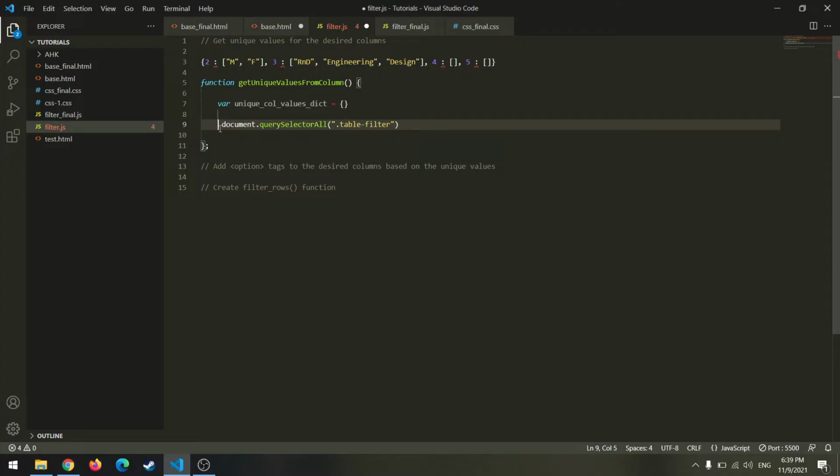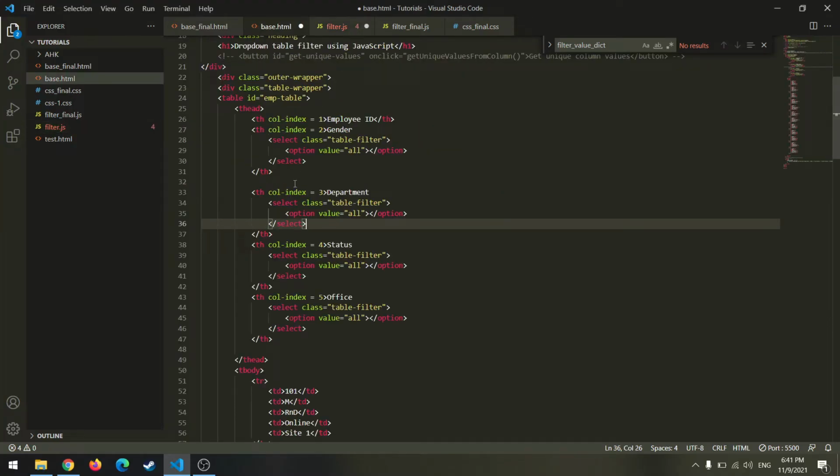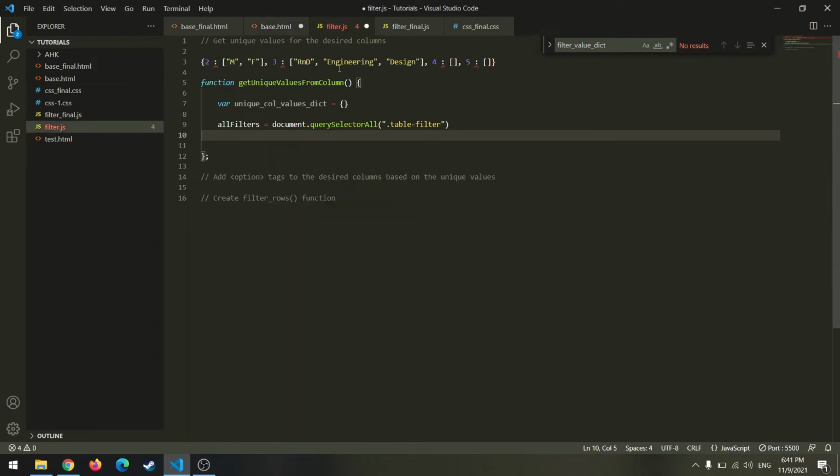And save it in, let's say, all filters variable. Now that we have all the filter elements, we need to get which column numbers are assigned to the select tag. Basically, which columns we have defined to be filterable in our HTML, which is 2 to 5. To do that, we can write all filters dot for each